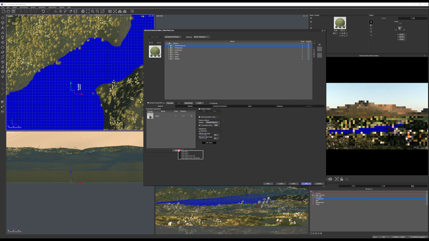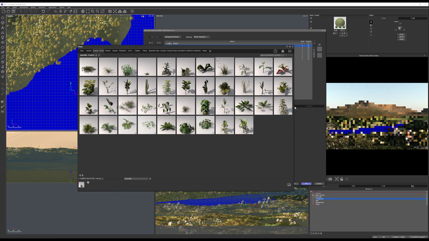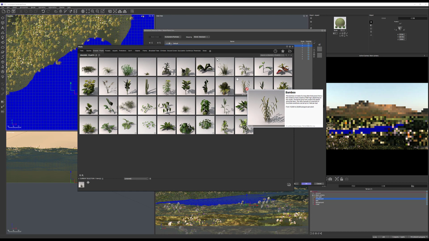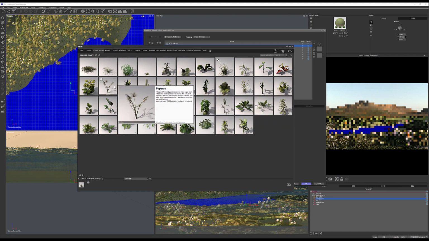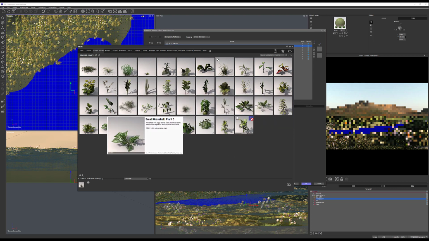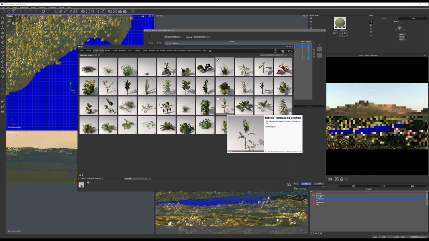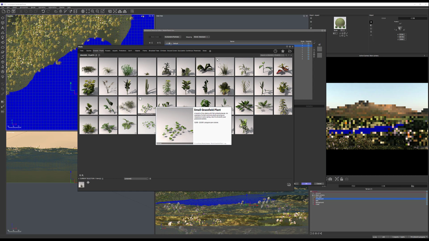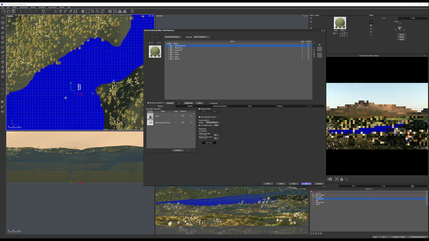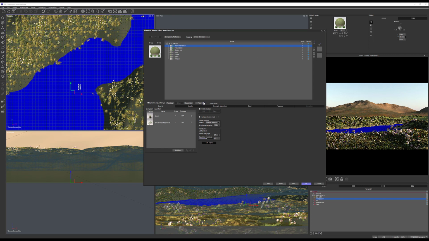And we'll add another item, plant. I don't know which one, maybe the bamboo. I know it's not that area, but they will look kind of nice. We also have papyrus, which can go in water, so some different types. I think let's go with the small grass fields. Also, they will look like something floating in the water as well. So when we're done with this, we'll go